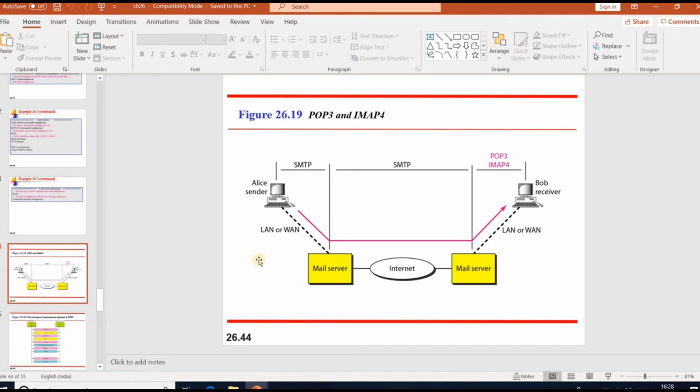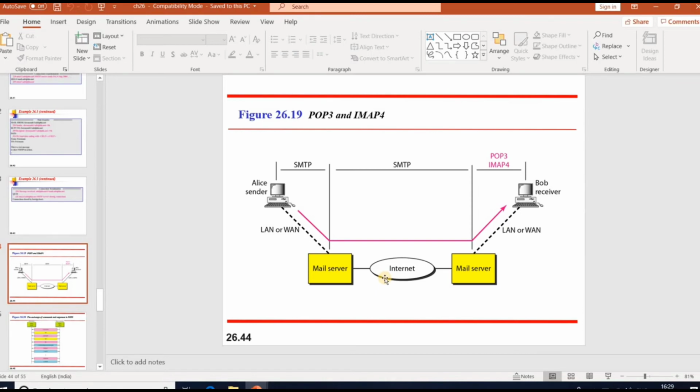Mail access starts with the client when the user needs to download his email from the mailbox on the mail server. The client opens a connection to the server on TCP port 110. It then sends its username and password to access the mailbox.